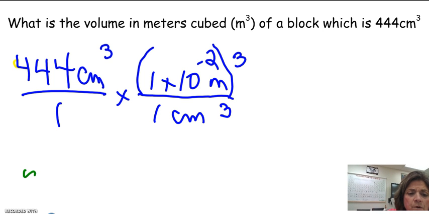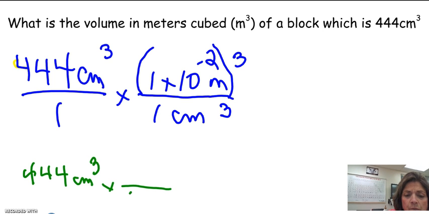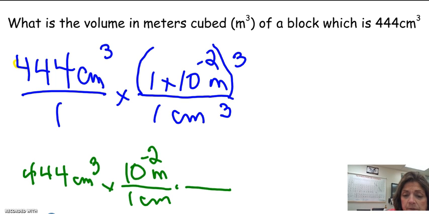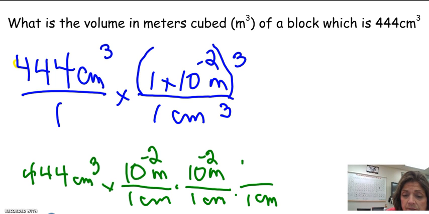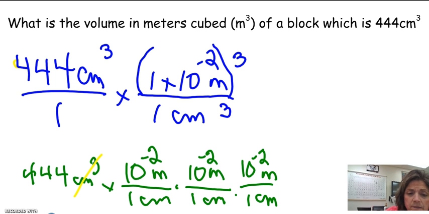Okay, so 444 centimeters cubed. And couldn't I say 1 centimeter over 10 to the -2 meters times 1 centimeter over 10 to the -2 meters times 1 centimeter over 10 to the -2 meters. Now they'll all cancel, right? Cancel, cancel, cancel, cancel, and we'll have meters cubed, and our final answer is,